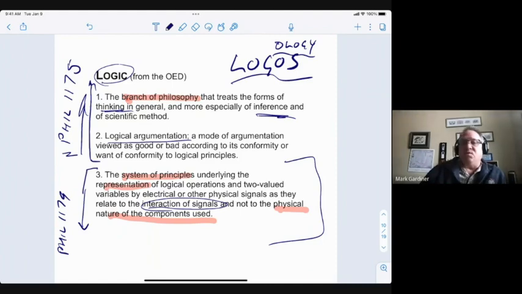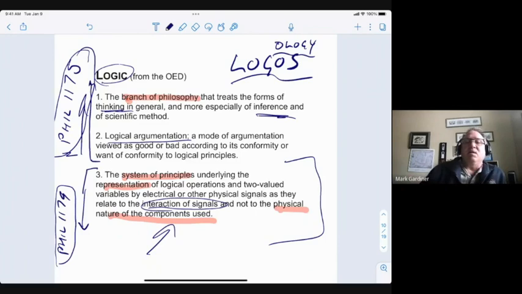So the primary focus of this course is not to get you to be a better thinker, a better reasoner, make better kinds of choices. If that's the kind of thing that you want, then you're advised to drop this course and sign up for 1175. On the other hand, if your interest is in understanding the very basic structures of thought and reasoning and representation, particularly how they can be applied in practical ways, computer programming, mathematics, scientific reasoning, these sorts of things, then this is the course for you. It's our focus.